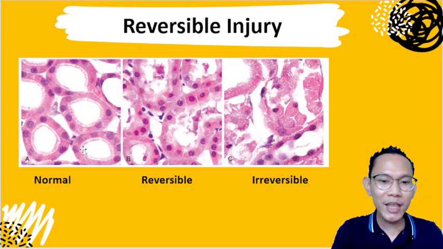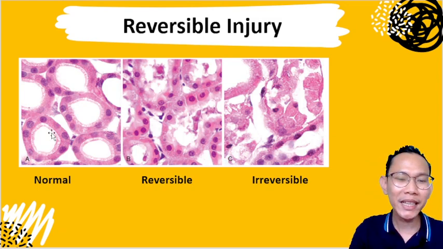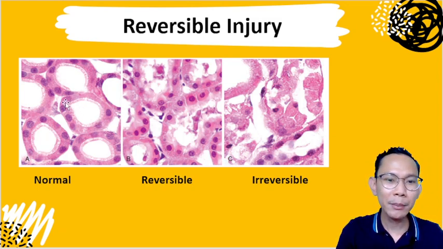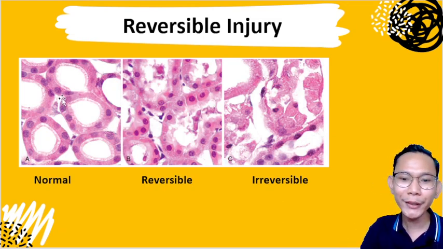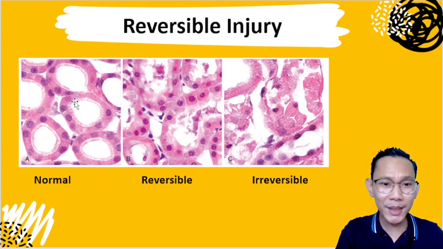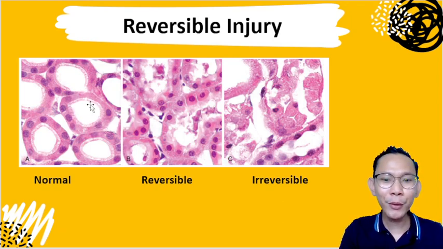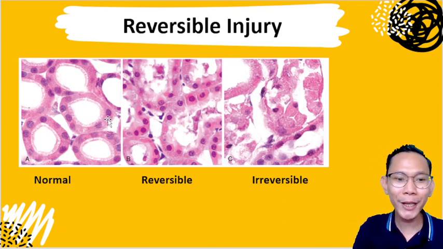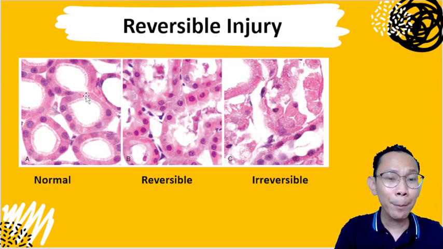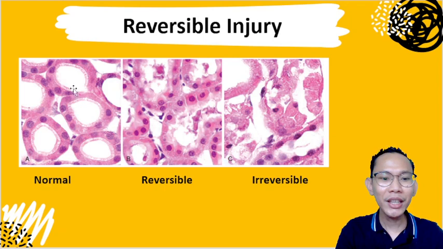So, this is a simple cuboidal epithelium. Ano pa nakikita natin? Simple cuboidal. Simple lang kasi nga single layer. And it's like a cube. So that's why it's a cuboidal. Pero it's a tall cuboidal epithelium. There is also a presence of, ano tong na mga parang galamay? These are your microvilli. So brush border microvilli. So this is a very typical picture of your normal kidney tubules with a viable epithelial cell. So very good. So this is the normal picture.